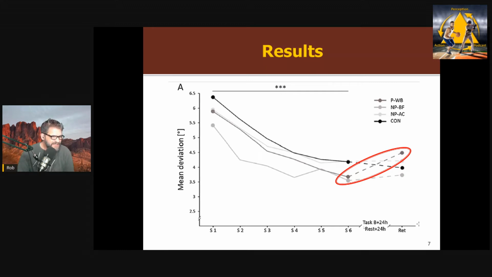They then did the task B and then rested for 24 hours, and then they measured again on task A. Okay. And the main effect you can see is the only group that is showing an impairment relative to where they were at the end of the training is the group that did the wobble board, right? So they're doing the wobble board in between here, and it's showing impairment, so evidence of interference.